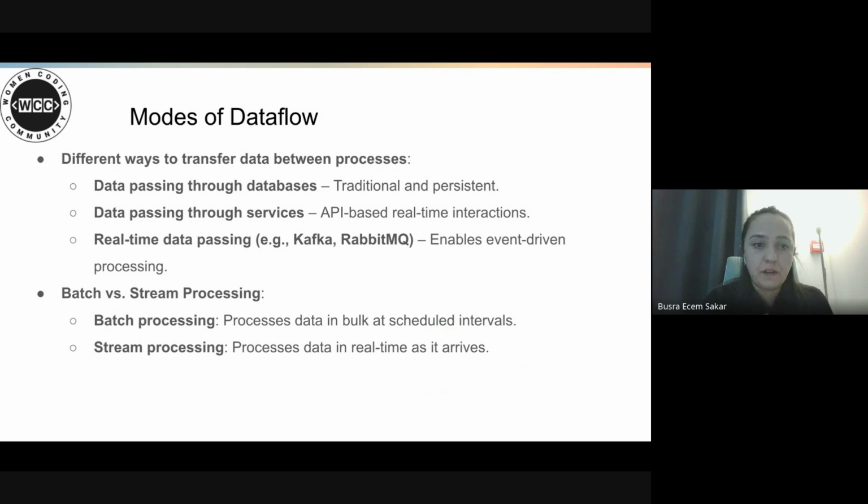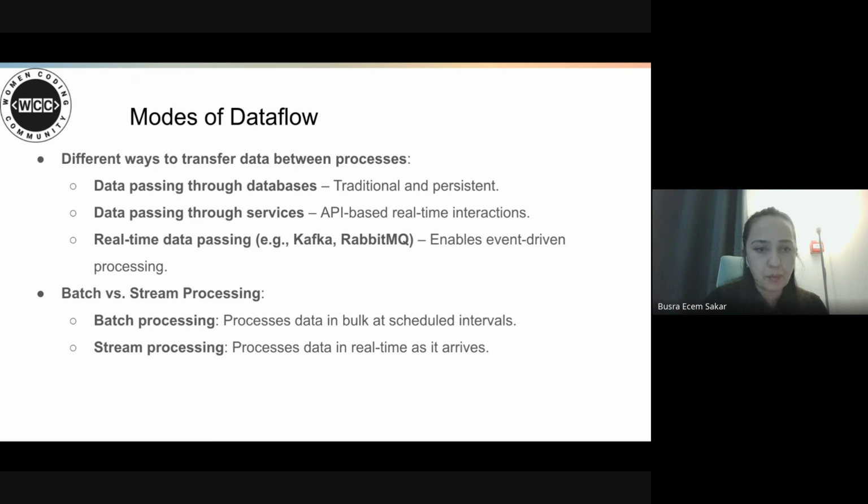Modes of data flow. The way data moves through a machine learning system directly impacts performance, scalability, and real-time decision making. So the book categorized data movement into three primary modes. One of them is data passing through databases.